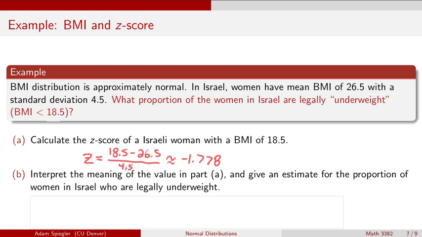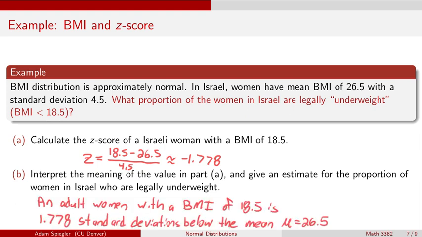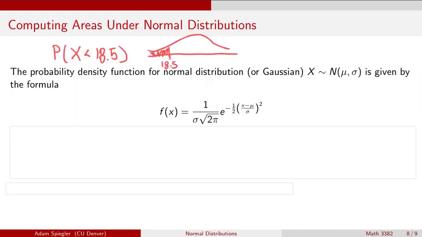And what that means in practical terms is that an adult woman in Israel that has a BMI of 18.5, well, that is 1.778 standard deviations below the mean BMI for women, which was 26.5. Okay, so let's say we want to calculate what proportion of all individuals, in this case, X is going to denote a randomly selected adult woman in Israel, what proportion of that population has a BMI which is less than